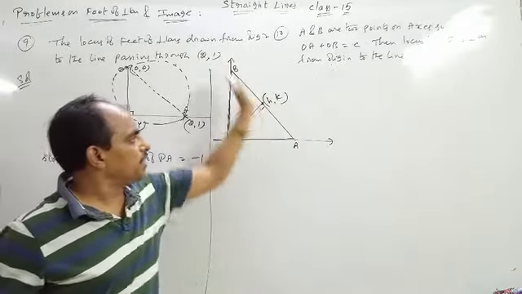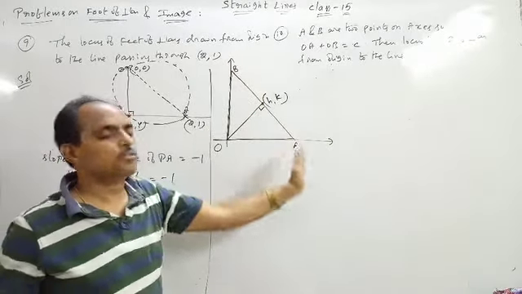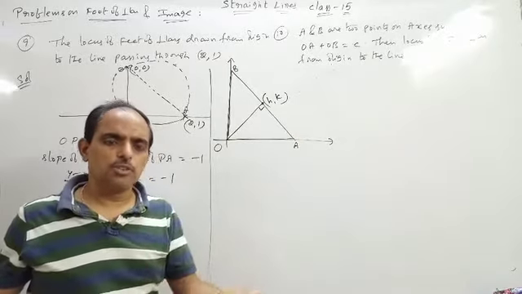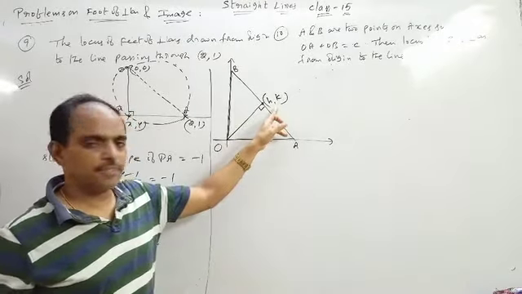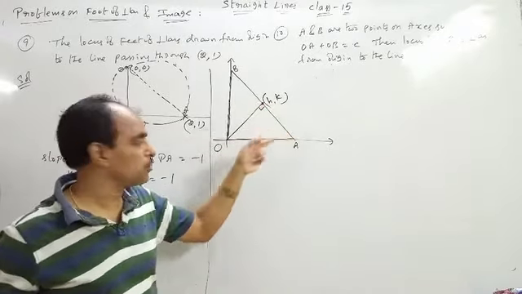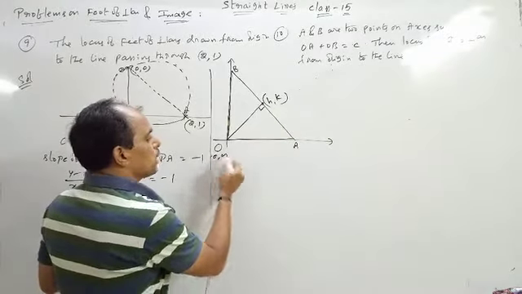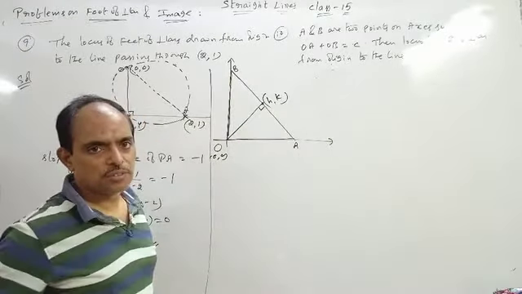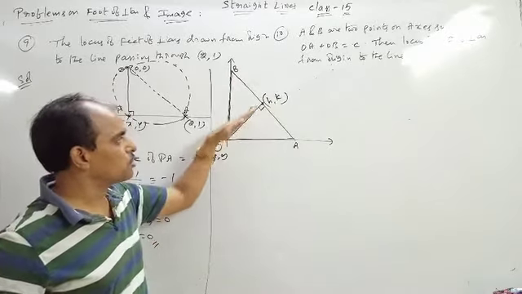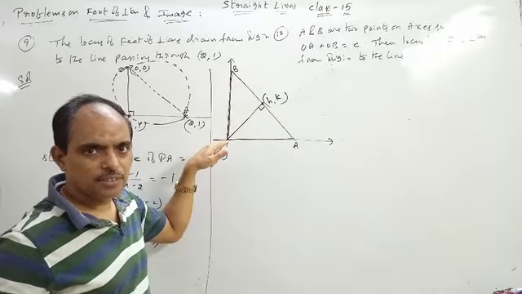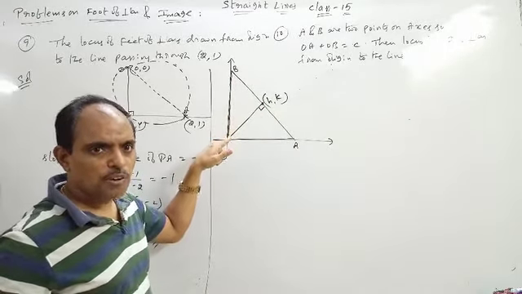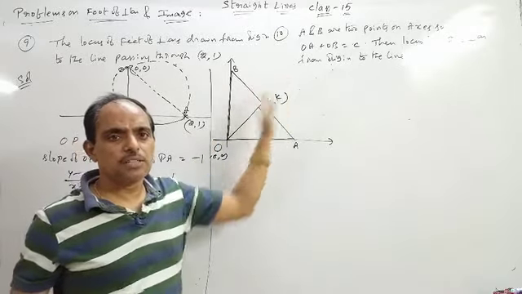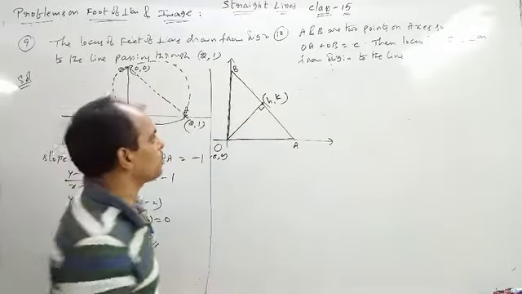I am going to find the equation of this line. How to find a line? If you know the slope and a point. We have the point. Then how to find the slope? This point is 0, 0 and this line is perpendicular to this one. We know this point and this point, so we can find the slope of this line. By knowing the slope of this line, we can find the slope of this one because these two are perpendicular.